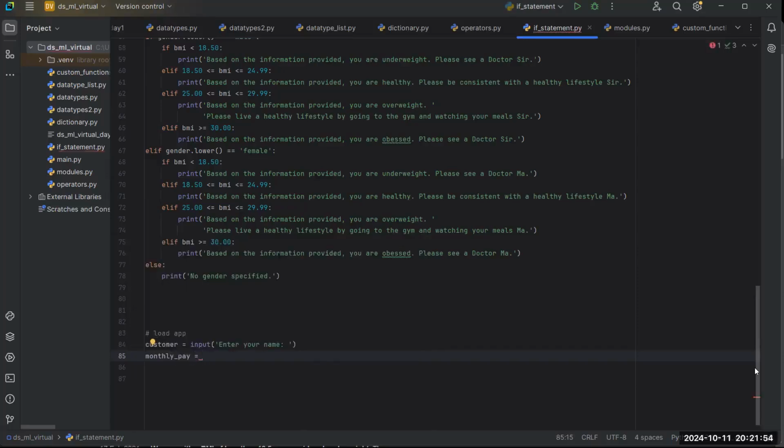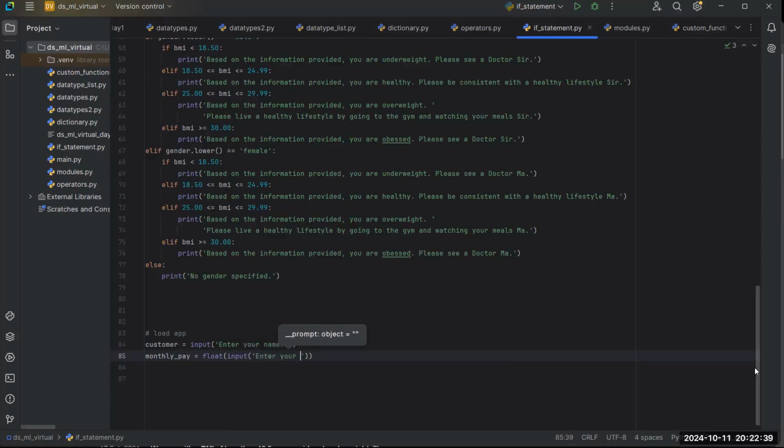Now our monthly pay will be in float, because you could have someone earning maybe 2,000 naira and 35 kobo. So it will be in float just in case. That's the first thing that we're going to do. And after float, we are saying that they should input their monthly pay or their monthly earnings. So input,